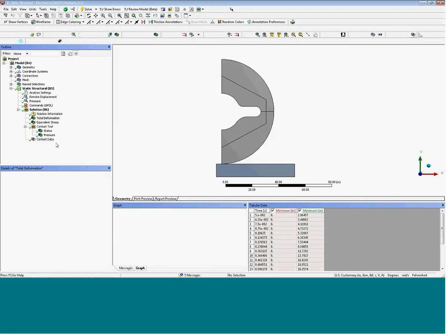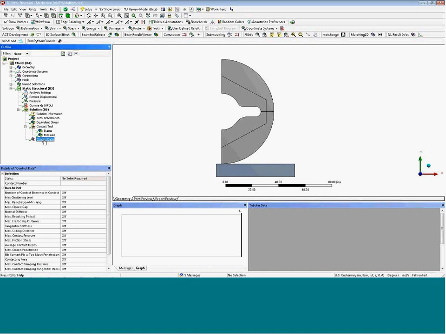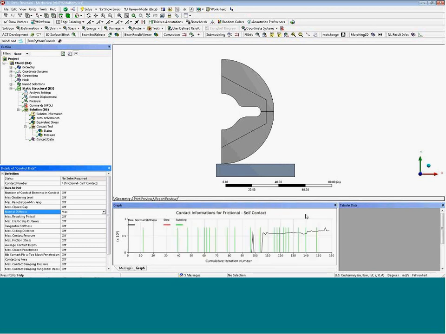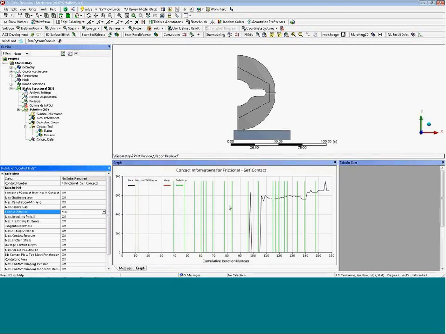Insert this into the tree, and this is a post-processing object. So here we can choose which contact we want to get some information from. So this contact pair in there, and then we can say, what's the maximum normal stiffness for all those different iterations. And then here this charts it up and you can see all the sub-steps and the normal stiffness. So once the part's in contact, you can see the stiffness associated with that and how it changes